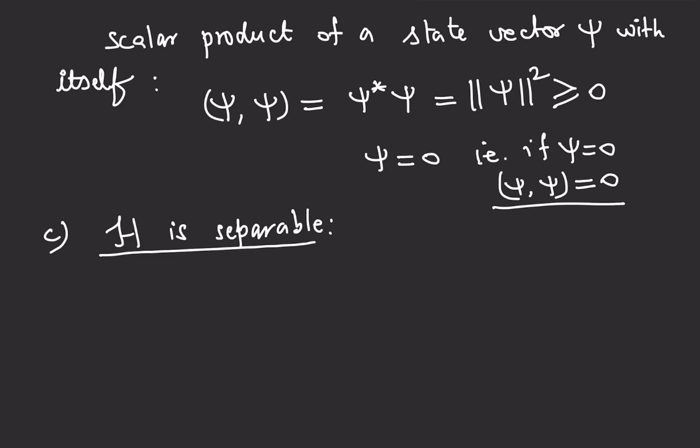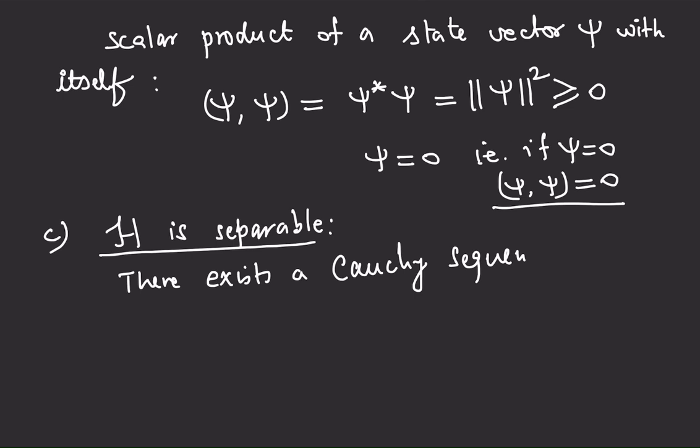It means that in the Hilbert space, there always exists a Cauchy sequence psi n belonging to Hilbert space H, where n is an integer 1, 2, 3, and so on, such that